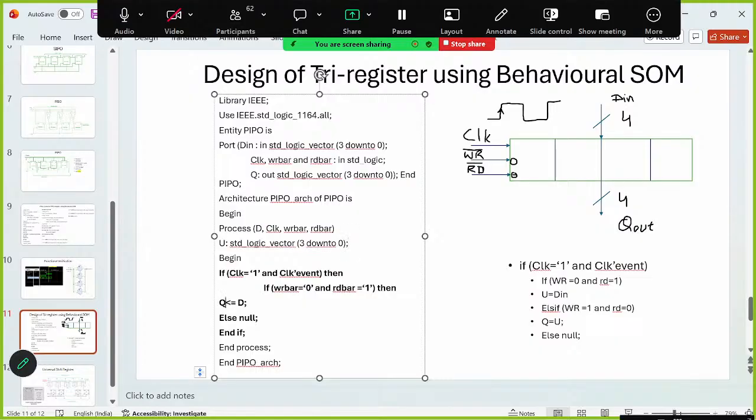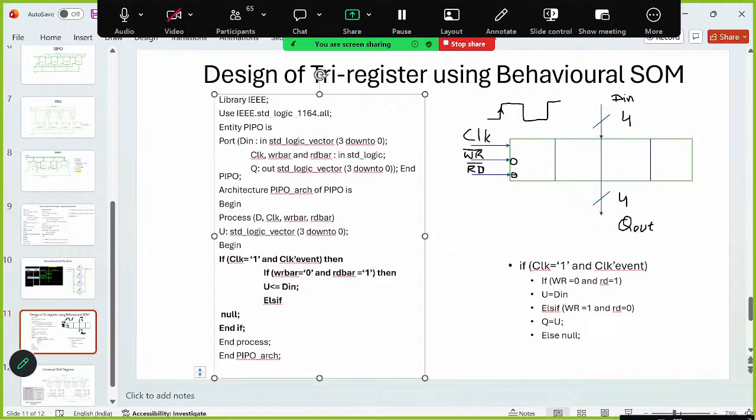When this happens, the u variable will get the value of d in. Else if